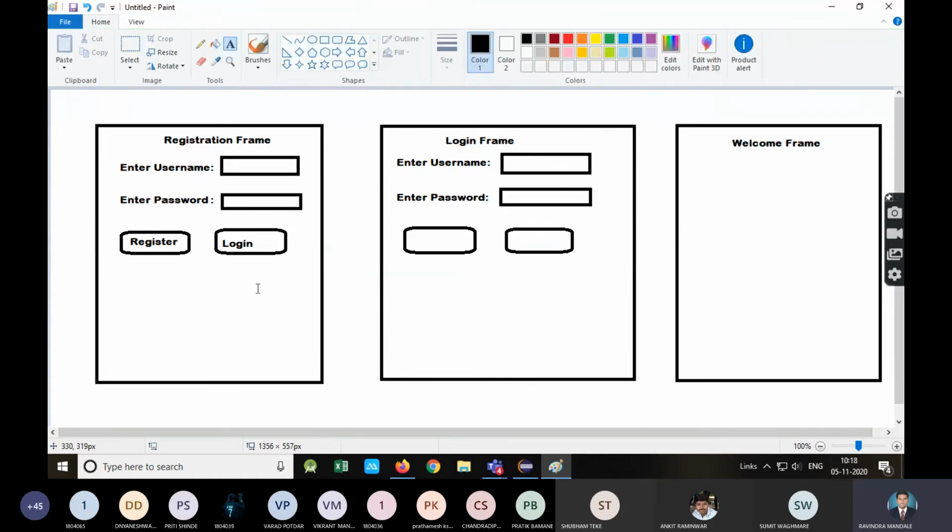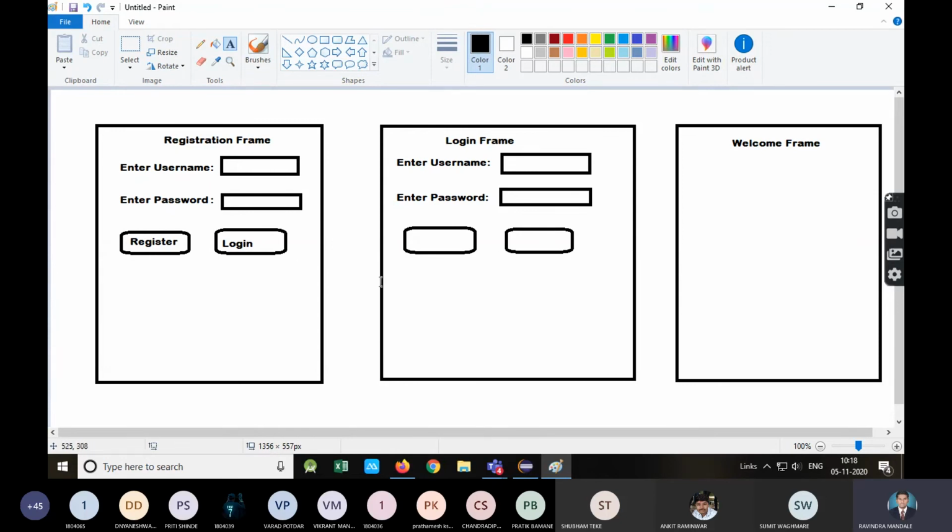Now he has registered successfully. I will display one dialog saying you have registered successfully, and then after clicking, now you can log in.